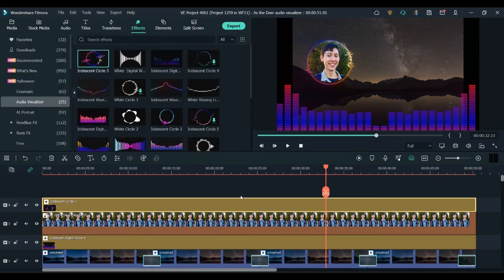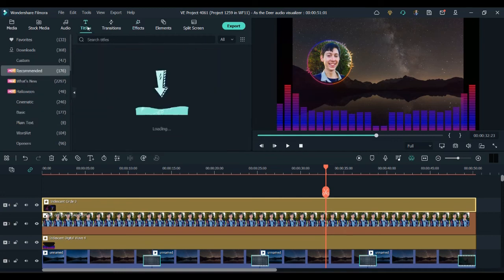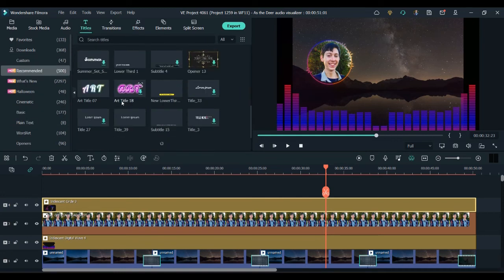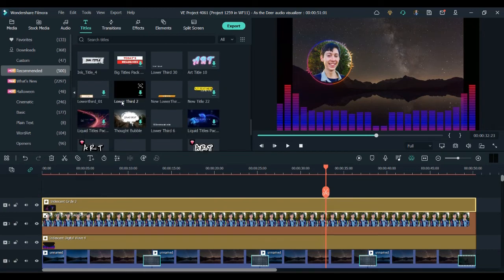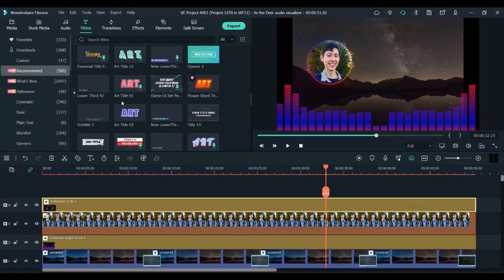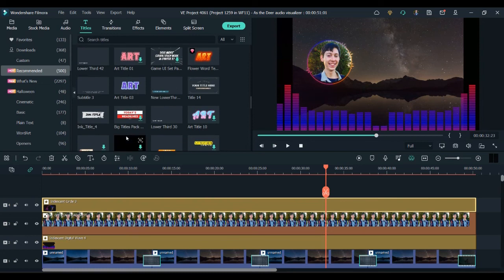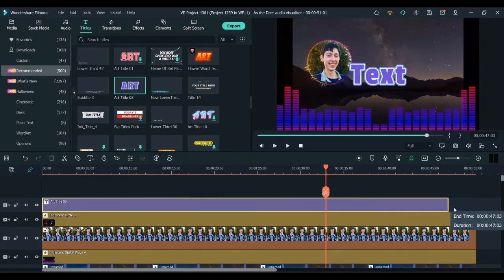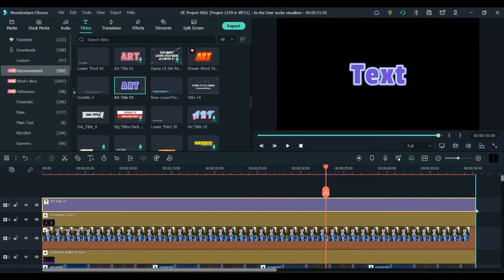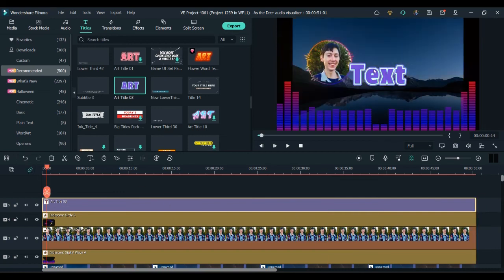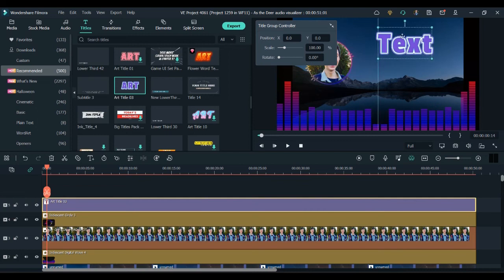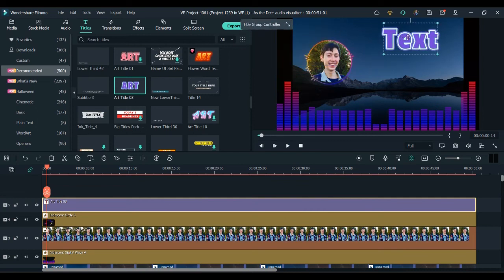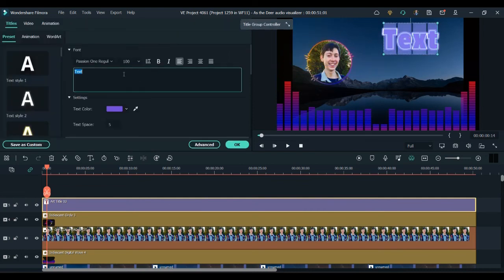So now let's say that I want to put titles over here, or put text box information. And so I'm just going to go to titles, and you have so many to choose from. I mean, very many to choose from. So just for an example, I'm just going to choose this one and drag it over here. And then I'll move this over here, and now it depends on how you want. Now I'm just going to put my full name